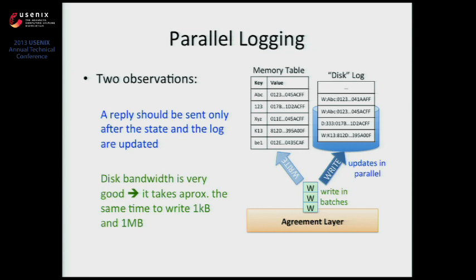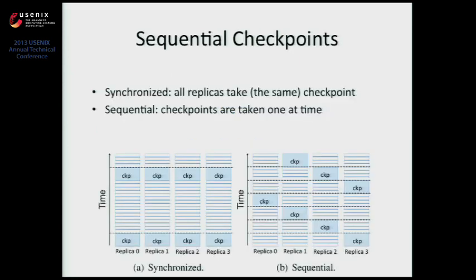Remember that the state machine should work only on memory or on separate disks. And then what will happen is that, in the end, when these two threads finish processing this batch, I can reply to all the clients that had operations in these batches. So the idea is more or less simple, but you see that it works very well.